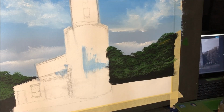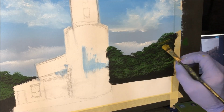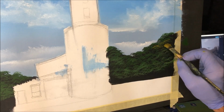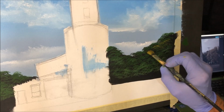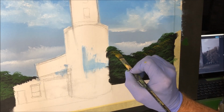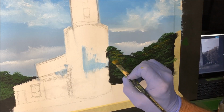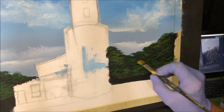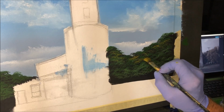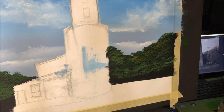Now you go outside, drive along the road, look at the bushes along the side of the road, and you see trees, the green stuff, but squint your eyes, and then you'll notice all this dead colour as well. There's a lot of dead stuff going on, and when you add this, it just makes it look like, oh yeah, I like what you've done there, sort of thing. And then we can highlight it